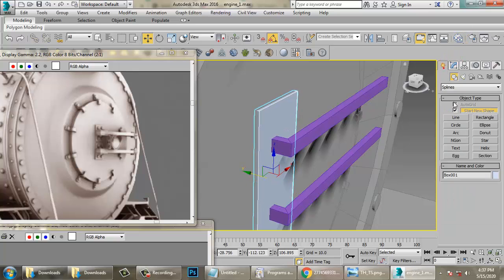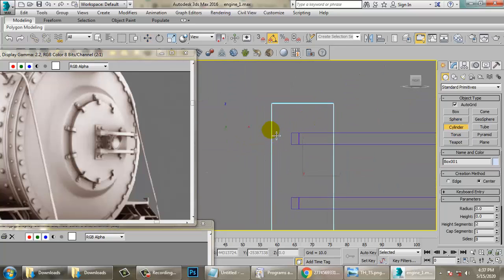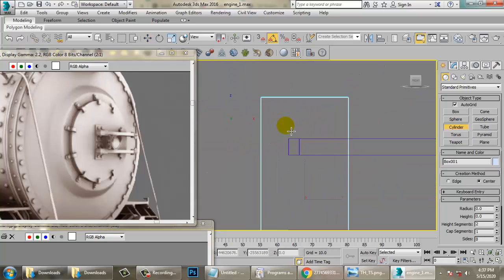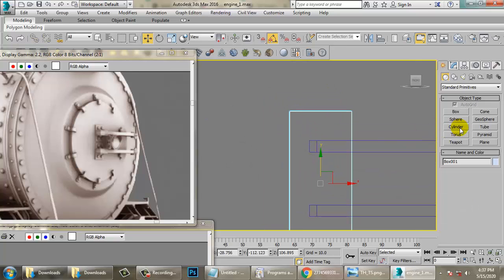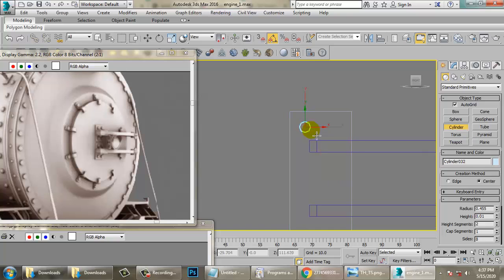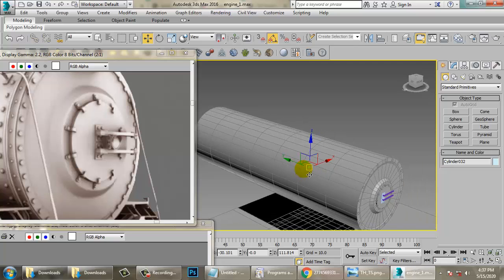Again, take a cylinder. Let's go into this view. Just take a cylinder over here and push this cylinder out.